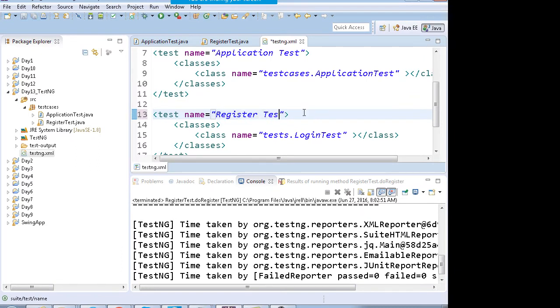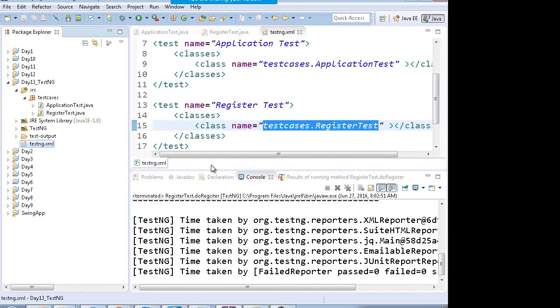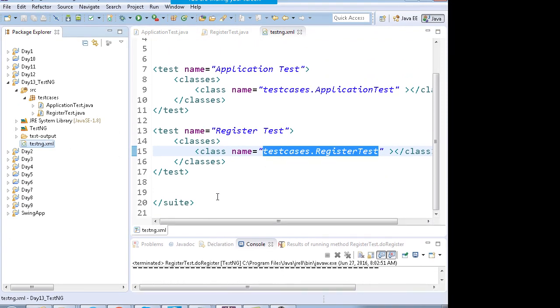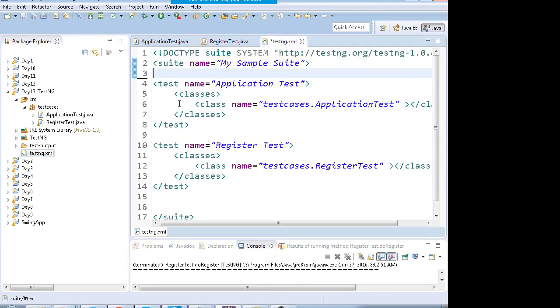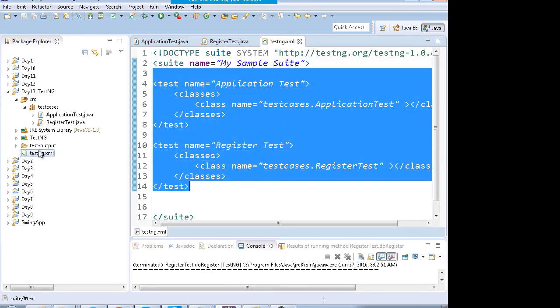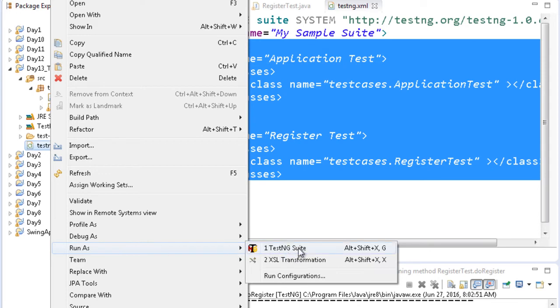Over here you can give any name, it doesn't matter, but over here you have to give the correct name of the file with the package. So this XML file holds the information about what all test cases you have in your project or in your particular test suite. You can right click on this XML and select the option run as testng suite.